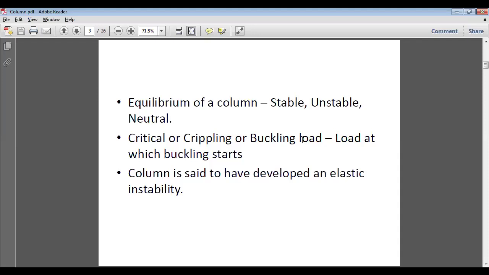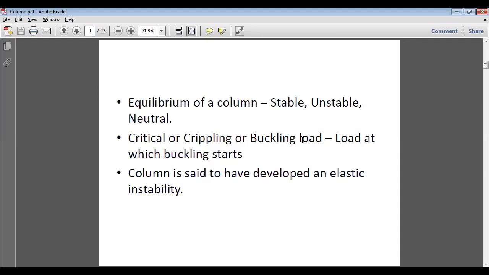Once we know the failures of the column, we would be able to design a better column. We would design a good column that would not fail under any conditions. So that's why failure of columns is very important as far as infrastructure or machinery is concerned, so that we have to design the columns of the machines, systems and infrastructure so that they don't fail under the crippling or buckling load.